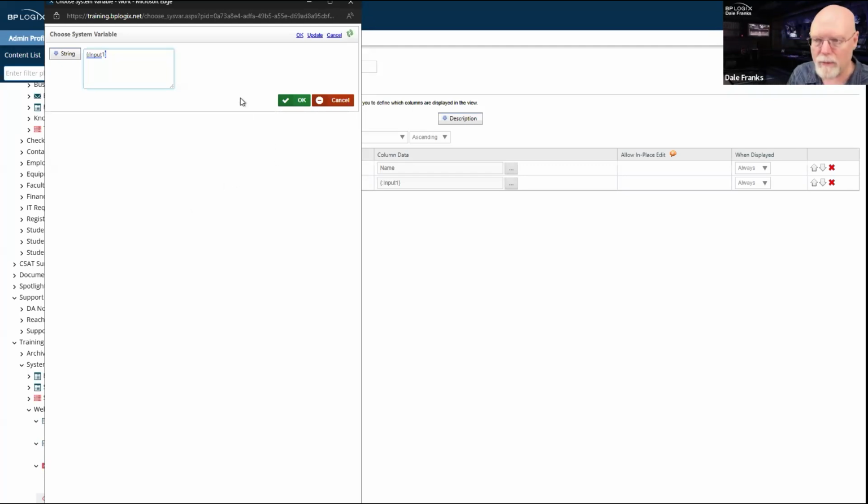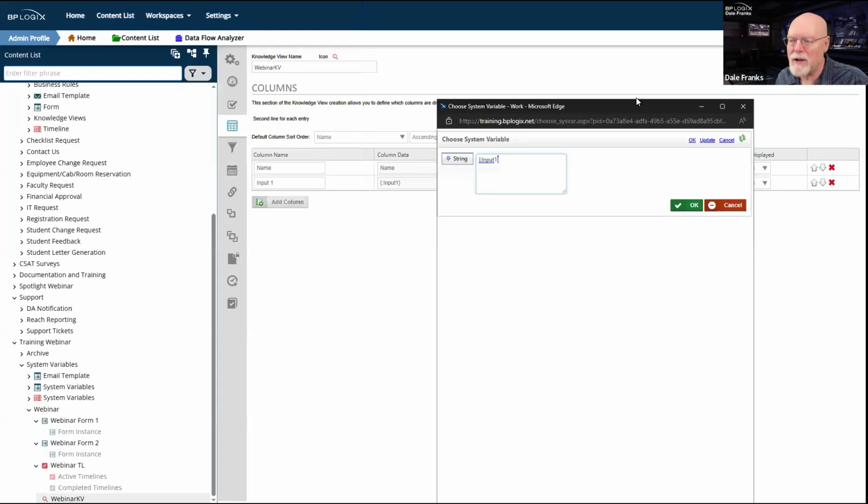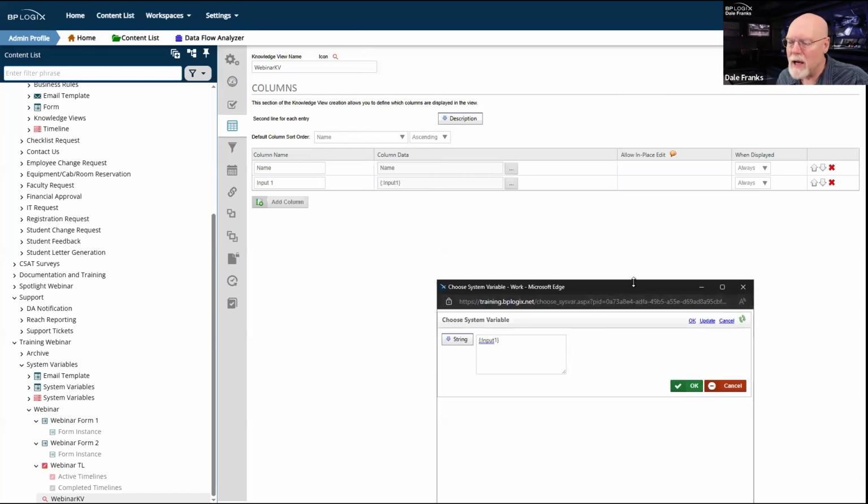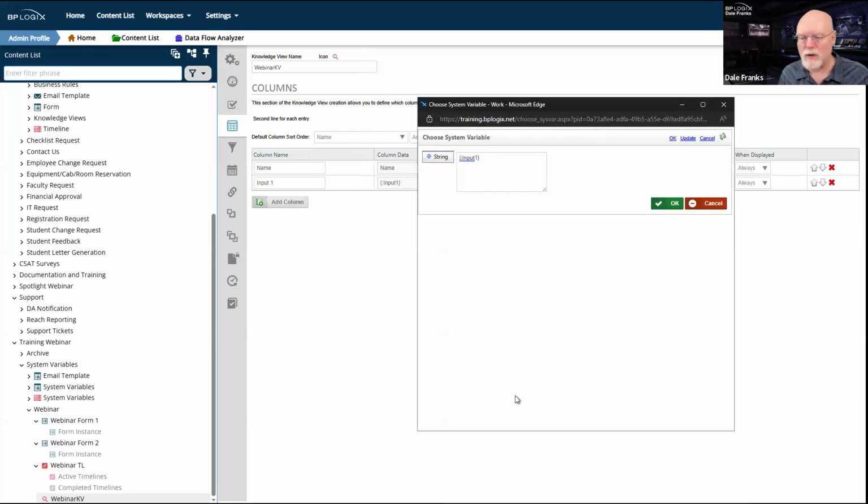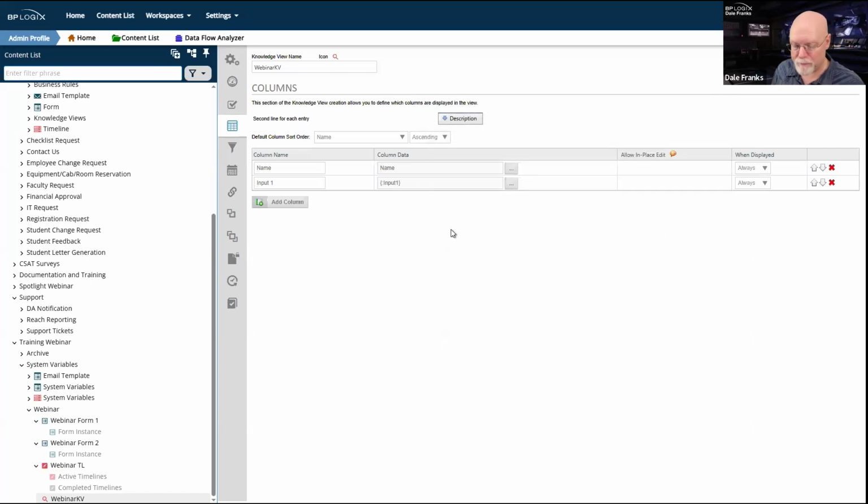So if you want to have less complex knowledge views in terms of how they look, you want to concatenate items into a knowledge view to make your knowledge view simpler and easier to understand from an end user's perspective, then fine, you can do that simply by using system variables. Now, you are going to lose some level of capability. Normally, if I wanted to edit a form field in a knowledge view, I could do that.